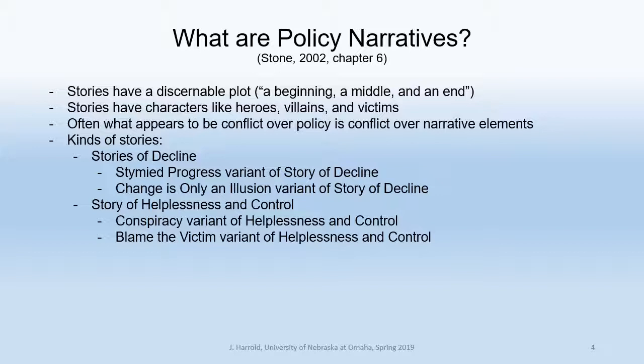By somebody's telling, Congress might be a villain in a story, but by some person's telling, Congress might be the hero. Again, we might talk about other policies, and some people might be victims, but they might also be depicted as villains. So Stone talks about a couple of different kinds of storylines,